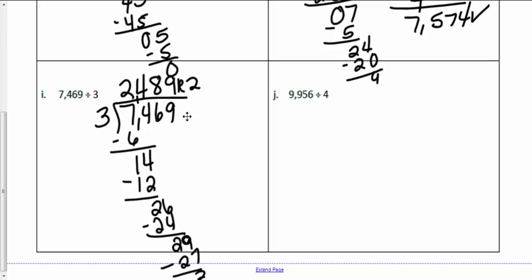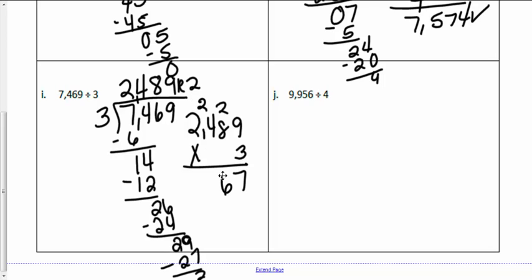All right, so now I'm going to check. 2,489 times 3. So 27. 24 plus 2 is 26. 4 times 3 is 12. Plus 2 is 14. 2 times 3 is 6 plus 1 is 7. And I'm going to add my 2 remainder. I get 7,469. So my answers do check. Last problem like this. So now I've got